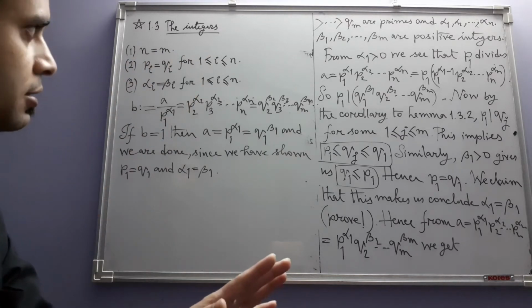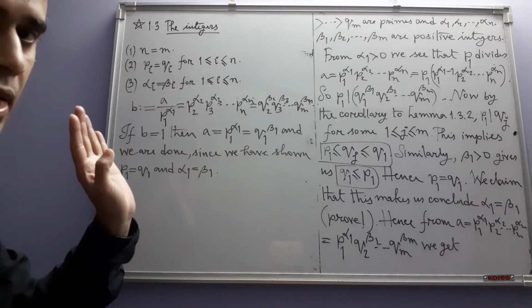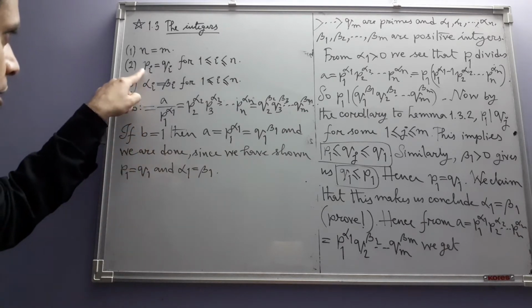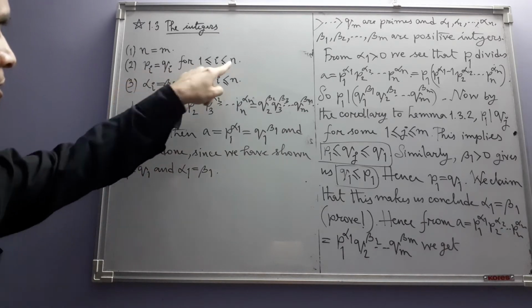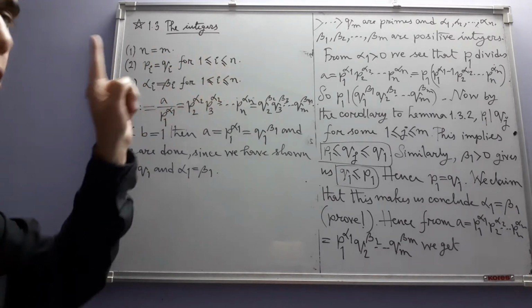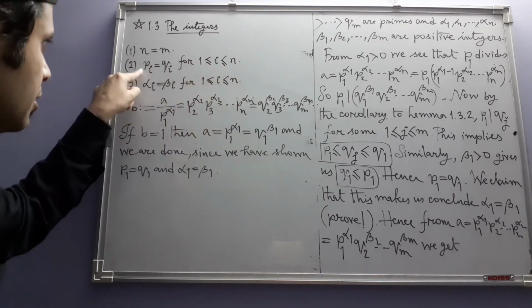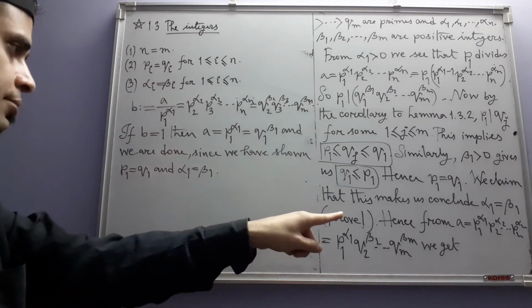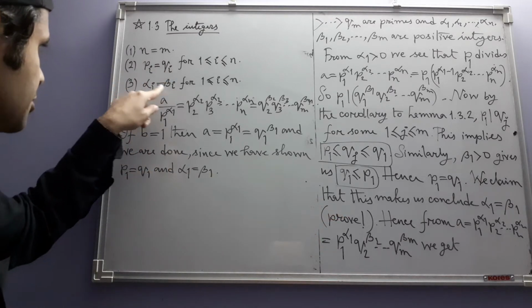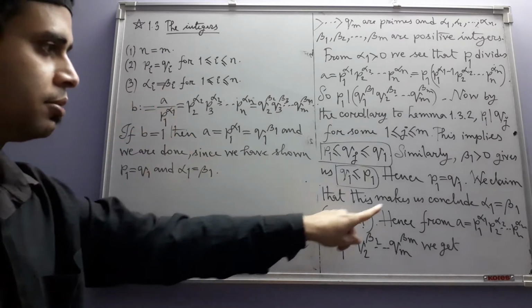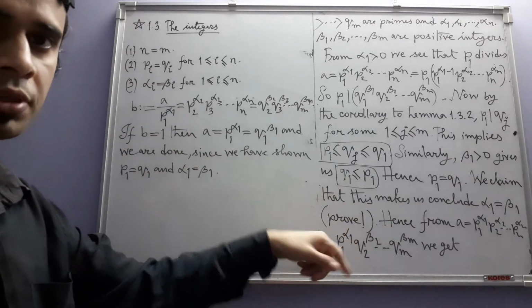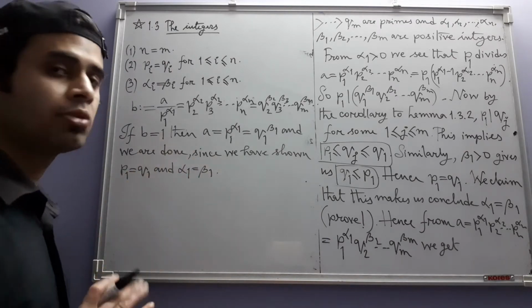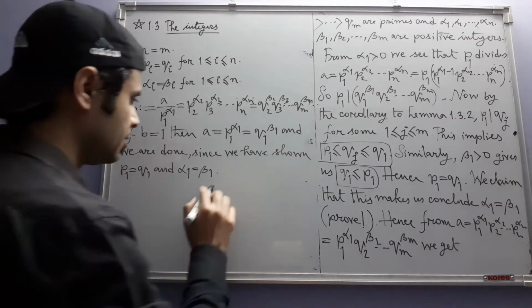Okay, so that part is we have from this situation. If b is equal to 1, Pi equals Qi, since n is 1, so there is only one value of i, which is 1. P1 must be equal to Q1, which we have shown here. Alpha 1 must be equal to beta 1, which we claimed to be true, which we will prove. But in this case, the induction will stop here. However, if